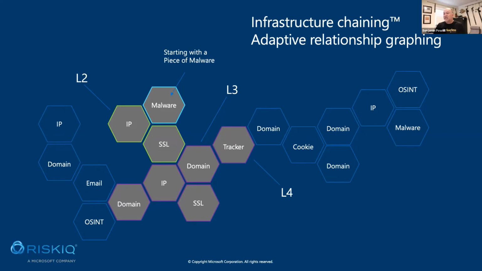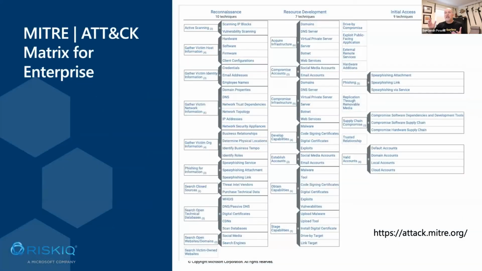So that's kind of how it works. And so when you look at the MITRE ATT&CK framework, a lot of the stuff that RiskIQ does is early in the kill chain. So we're doing that active scanning, we're gathering the stuff. So we're acting kind of like that attacker. So you're getting a perspective of how you're being seen from the outside world and where all those holes are and what's happening. So we're able to give you that perspective to fully understand what's happening.